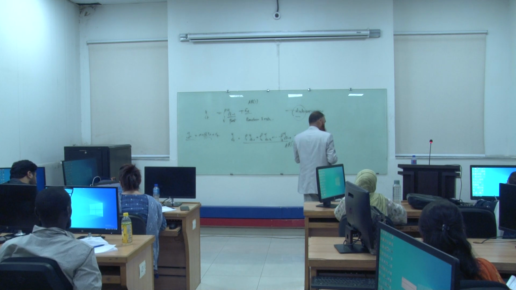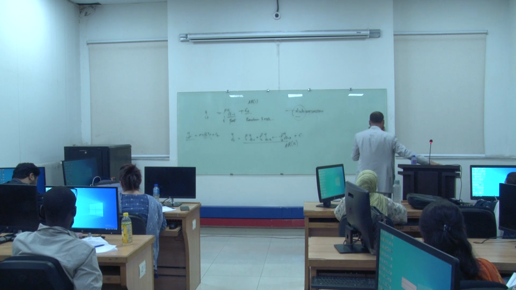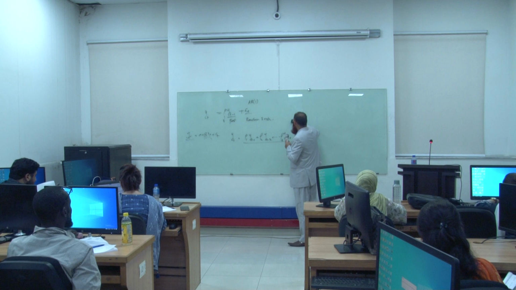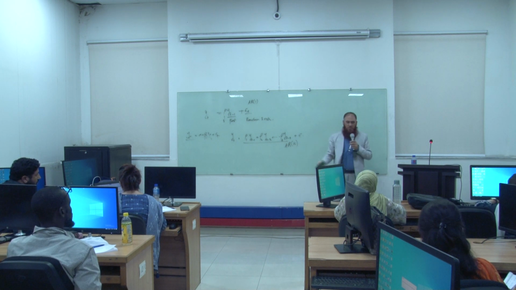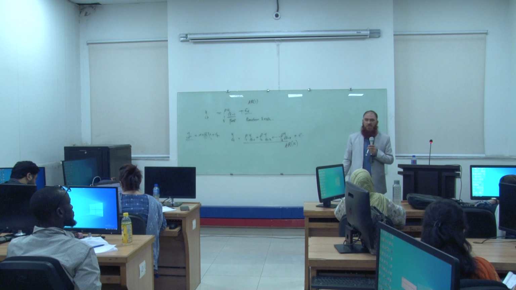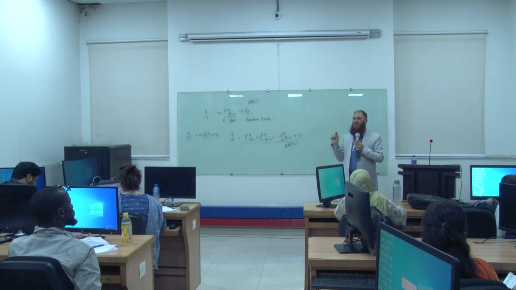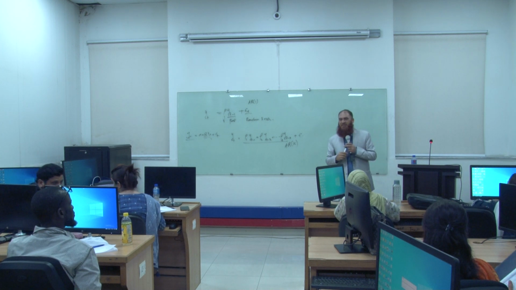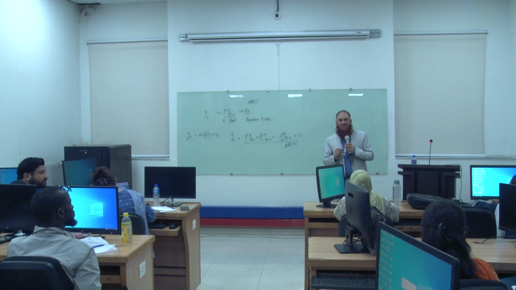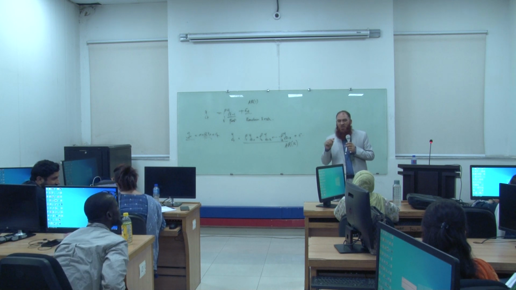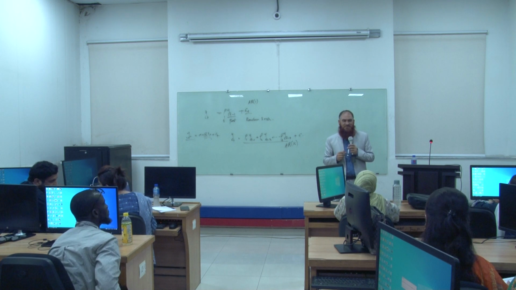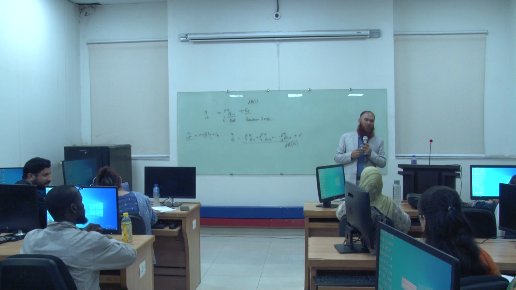Okay, so the second kind of model is called the moving average model. What is the moving average model? Look, I have discussed the phenomena where the current observation depends on the past observations of the same series. But sometimes the current observation depends on the past shocks. For example, what is a shock?